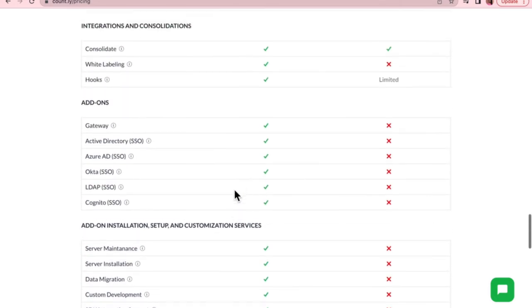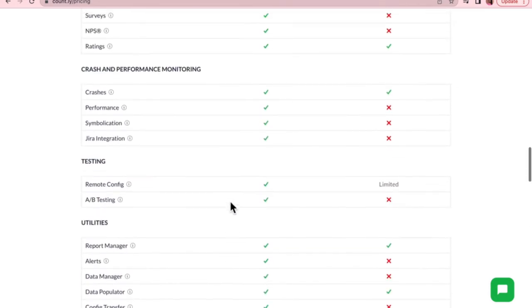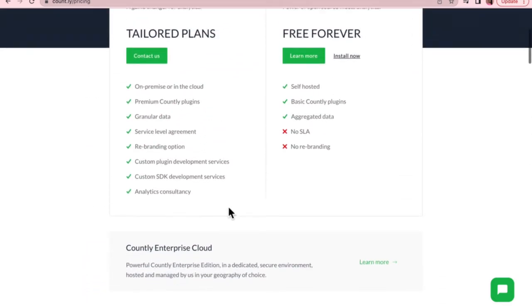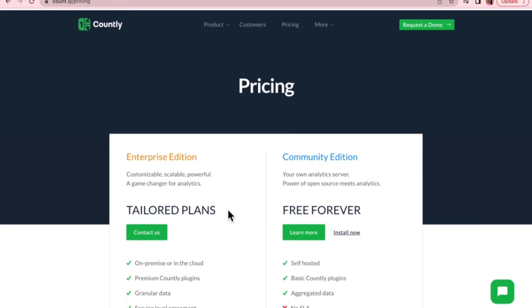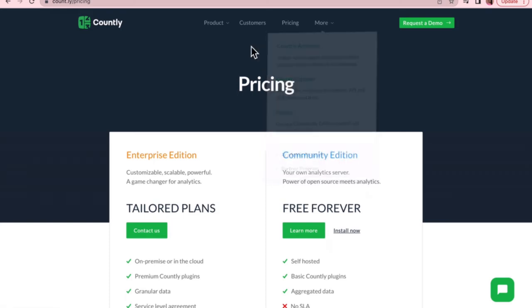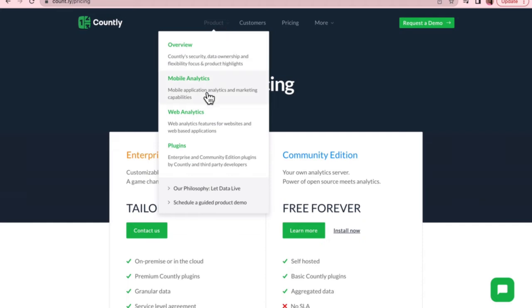And then also pricing. So there wasn't a price specifically, but you do have 2 options. You have Enterprise Edition and Community Edition. As you can see, Community Edition is free. And Enterprise Edition is not, which you have to contact them for a price. But as you can see, if you do choose Enterprise, you have more access to the features